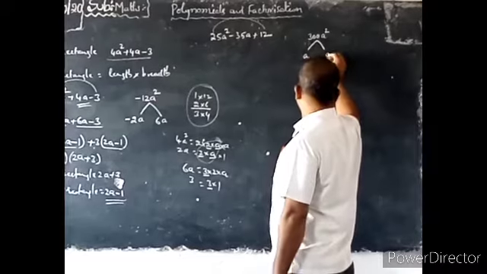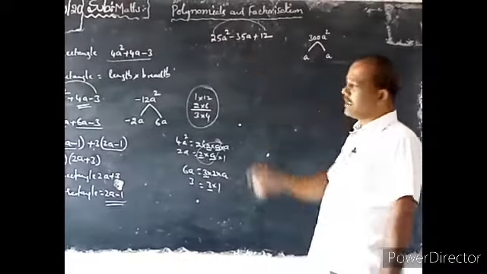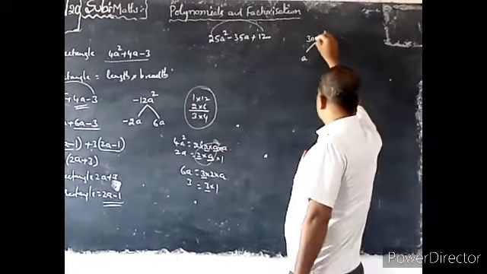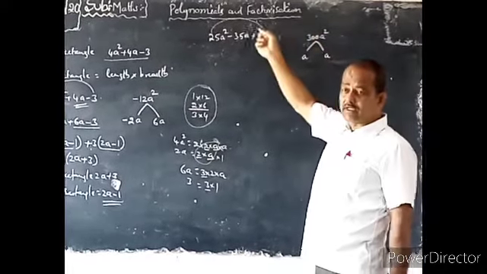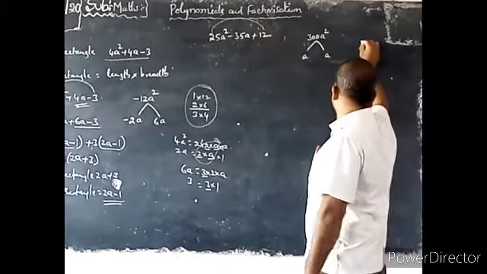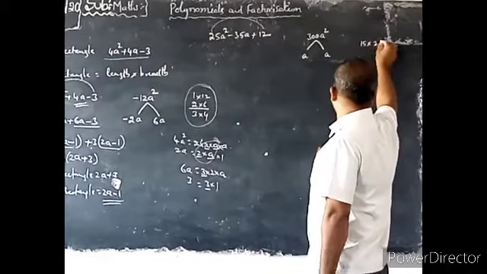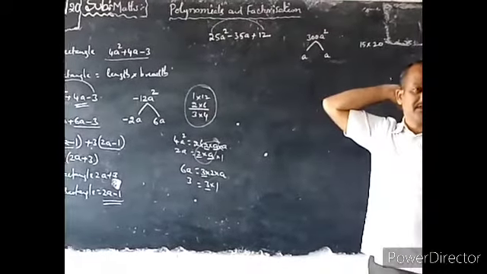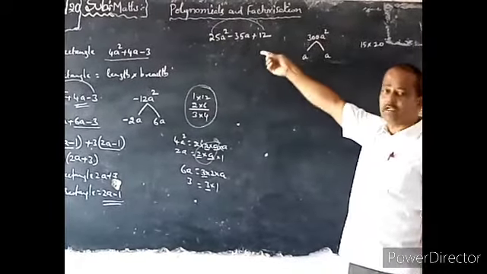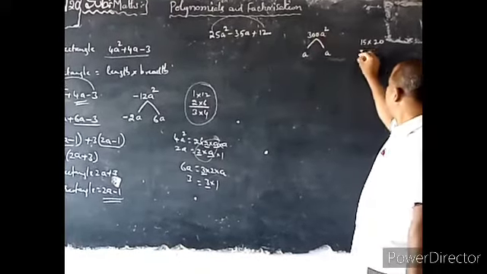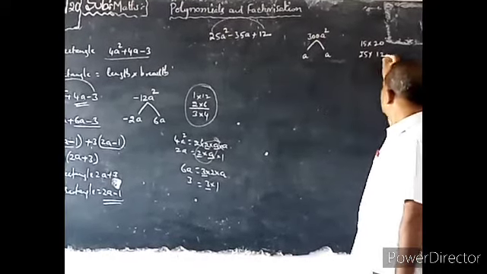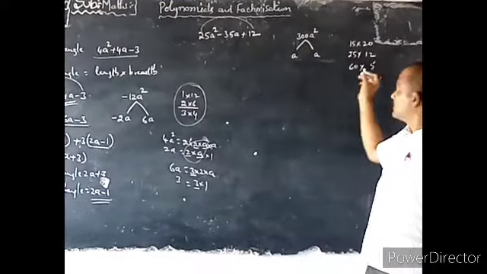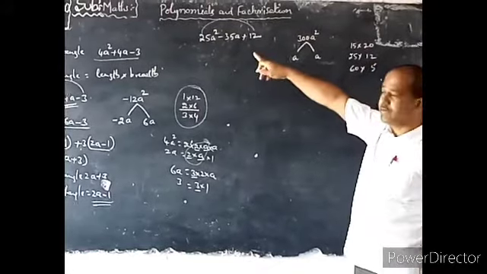A square can be written as a into a. To get minus 35, what are the possibilities for 300? Take greater values only. 15 twos are 30, so 15 into 20. 25 into 12 also the same. Next, 60 into 5. It gives 300 only. Which is suitable to get 35?